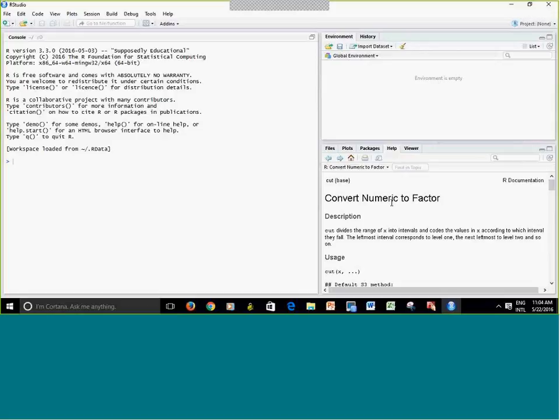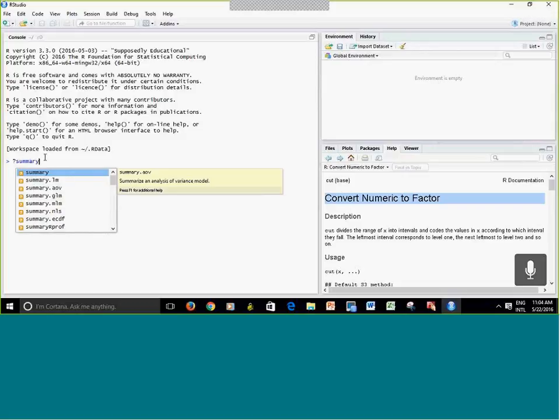Very often when I'm not quite sure what the command does or what parameters the command takes, I can run the help for that command to display the help page. Like, for example, suppose that I tell you to run the head command and you have no idea what it is. So what I'm going to do is I'm going to go in here to my console. I'm going to type. There is more than one way to display the help page. I can type a question mark, and I'm going to type summary. Right? So what that will do is,